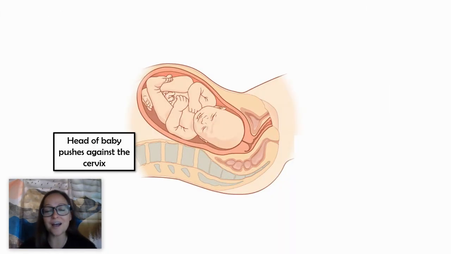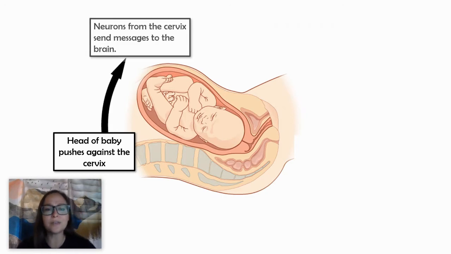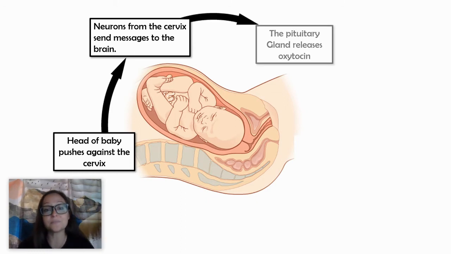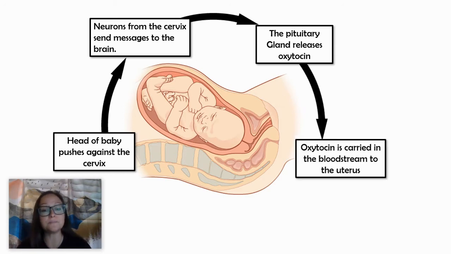So here, when a baby's head is pushing on the cervix, again, there's sensory neurons that will send a message to the brain that it's time to deliver the baby. So now what will happen is the brain receives those messages and will release the oxytocin. So again, it will be released from the posterior pituitary, and the oxytocin will travel through the bloodstream where it'll